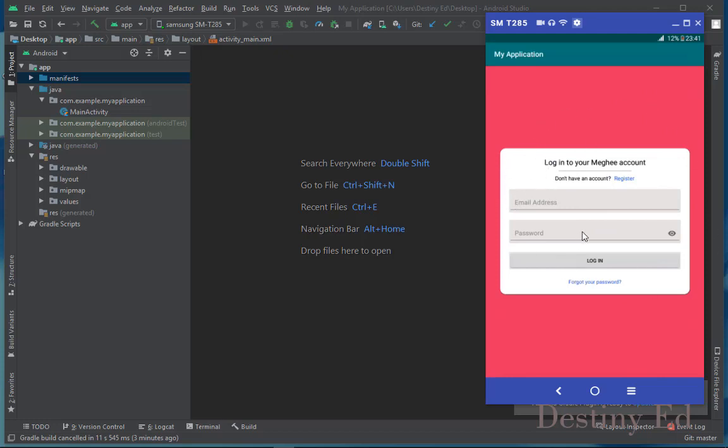a card view, and the parent layout is a relative layout, and the card view has lots and lots of linear layouts wrapped inside. So we have the first one, which is a text view, login to your account. We have "Don't have an account". We have email address, which is a text input layout, and we also have a button here, and also have a